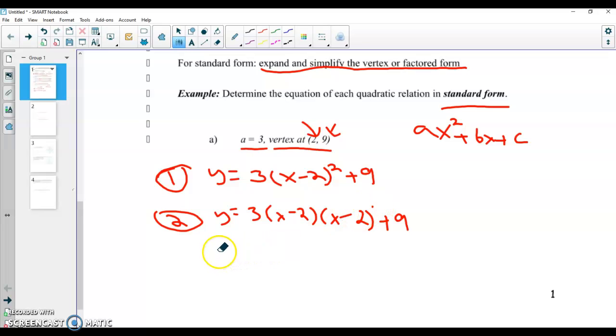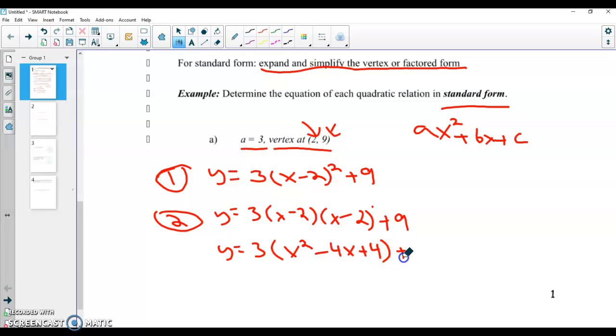And then we're going to have y is equal to 3 times, so x times x is x squared, minus 2x, and then minus 2x, so minus 4x, plus 4,